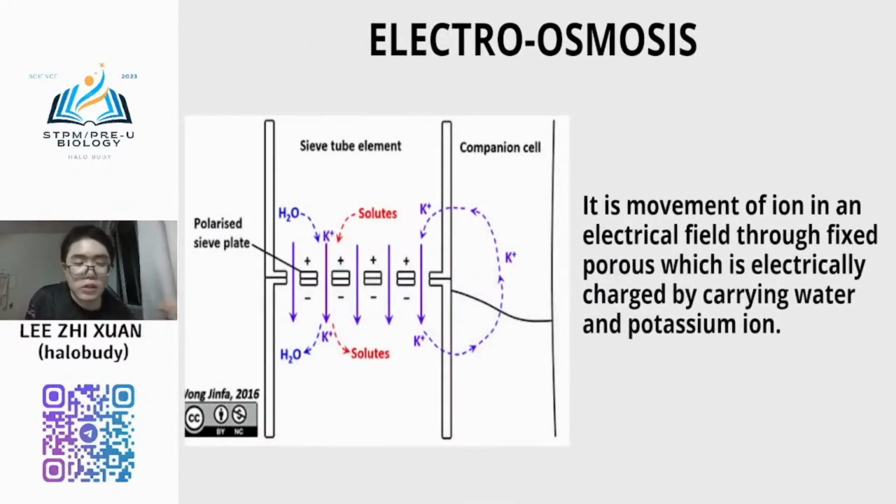Okay, so far that's all for the pressure flow hypothesis. Next I will explain the other three types of hypotheses: electroosmosis, cytoplasmic swimming, and the final one is peristaltic